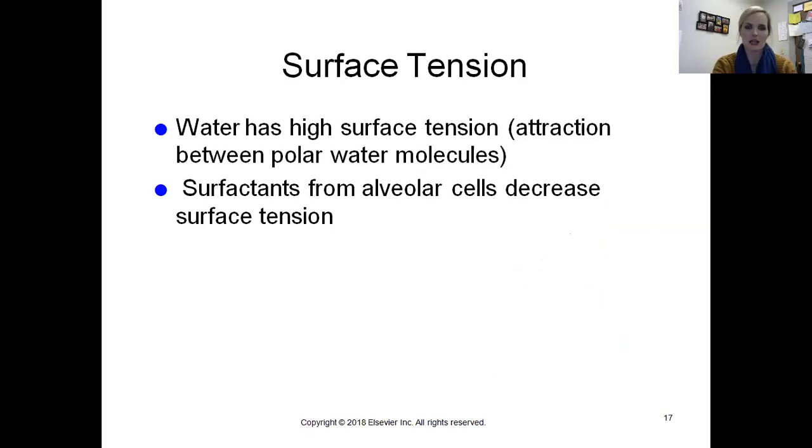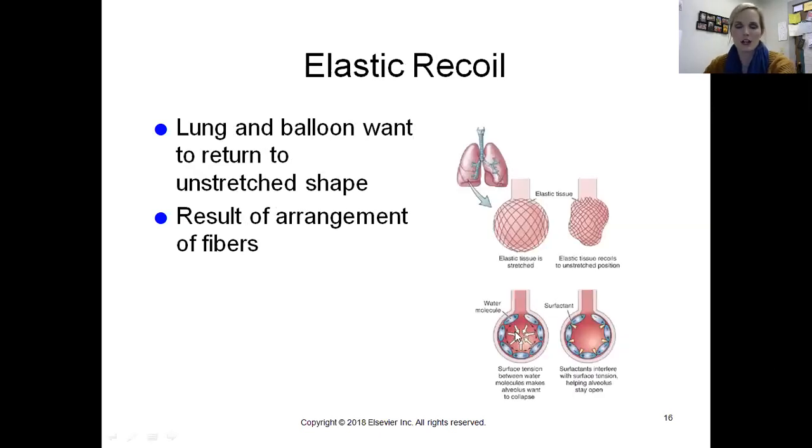As it mentions on the next slide here, water has a high surface tension because water molecules are made up of, and I don't want to get too chemistry because we skipped over that chapter and I know we didn't cover that. But what happens is they're made up of positive and negative ends, and opposites attract in chemistry, so positive ends are attracted to negative ends, and that's what it's showing you here. So they're likely to kind of pull. Surfactants are things that interfere with that surface tension,